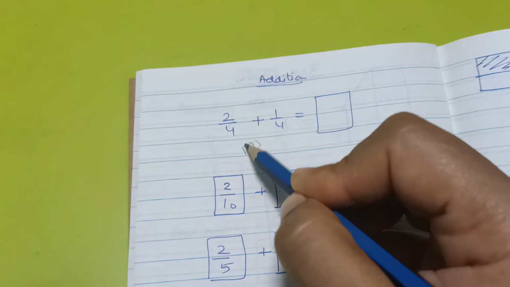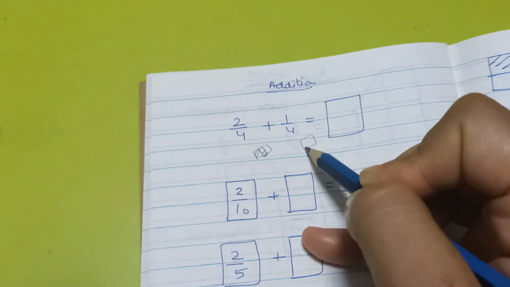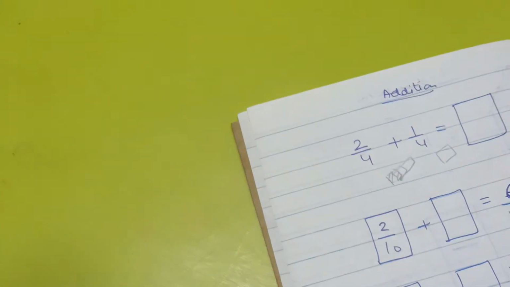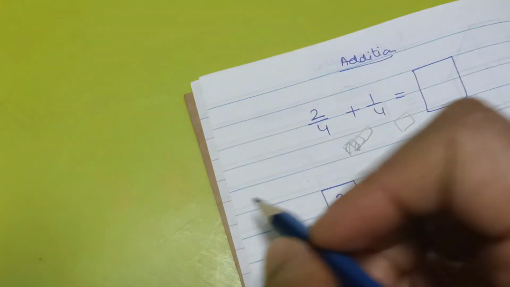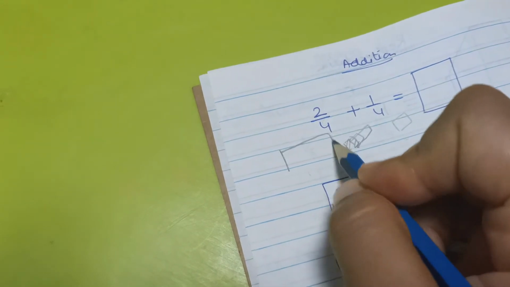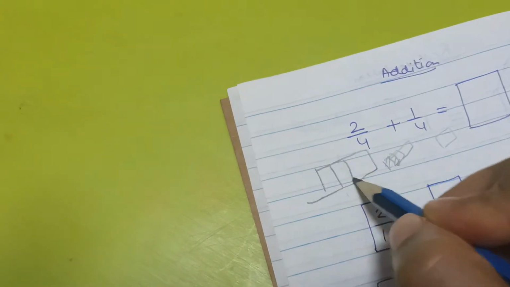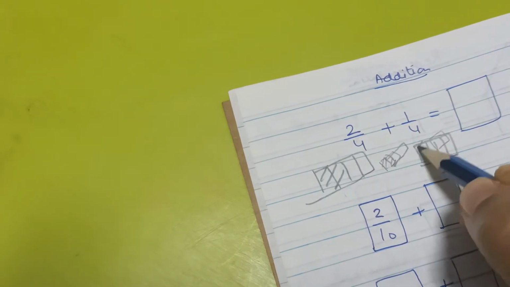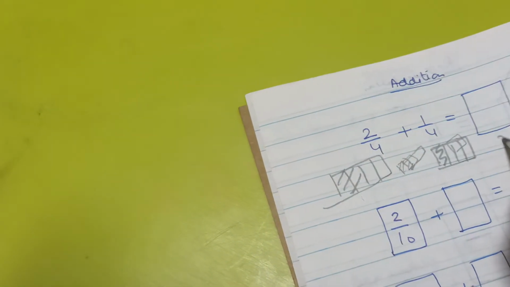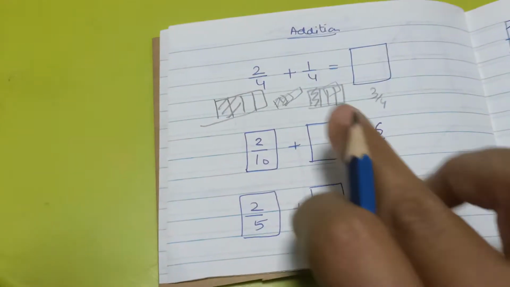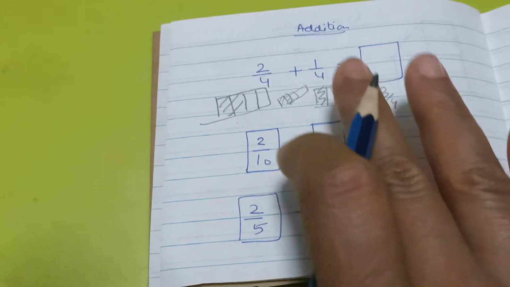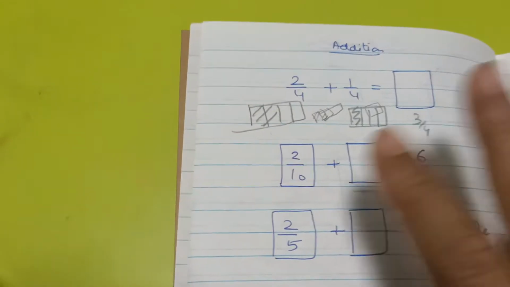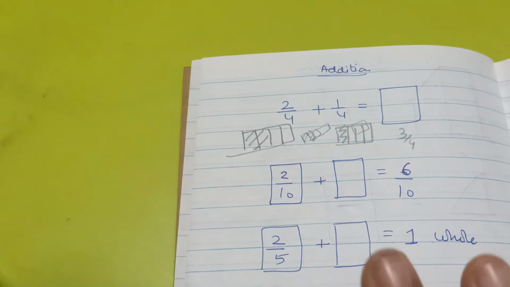These are the 2 parts, and then there will be 4 parts of it. It's a busy book, so I don't know how to draw it here, but I'll just show you one, for those who are confused about how to teach it. So this is 2 by 4, this is 1 by 4, so 2 and 1 make 3, so it will be 3 of 4. I want her to do all these things visually. That is the idea. I'm not talking about addition with LCM or anything, but I have explained all these concepts in the tutorial video already.